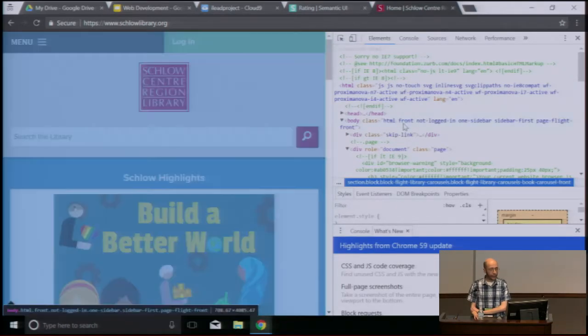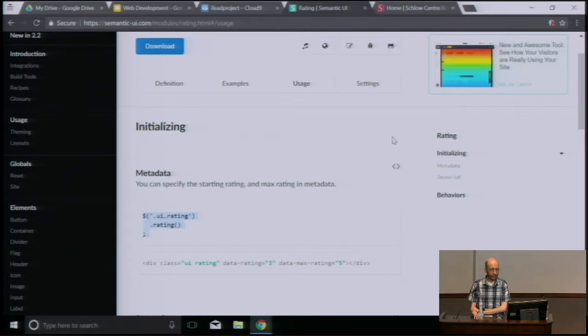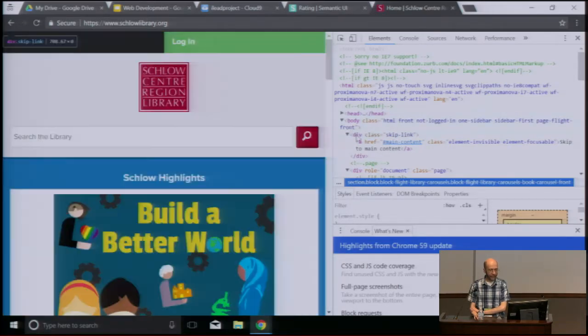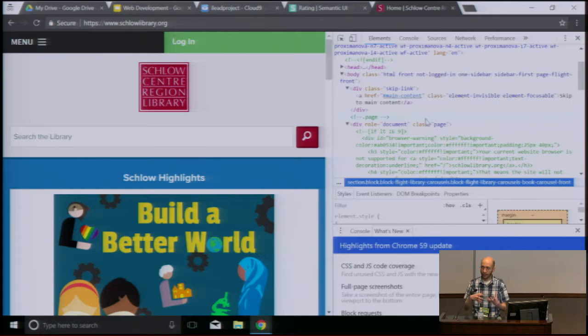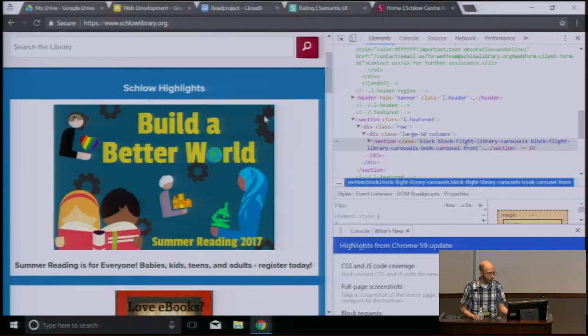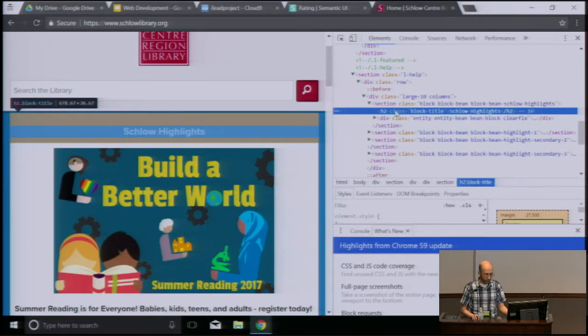And just like before, when we put our cursor inside areas and it highlighted them for us, the Web Inspector does the same thing. So you can highlight certain areas of the Web Inspector and see where that content is. And you can see how that content's formed. And the fun thing about this is you can actually make changes to any website you visit just by using the Web Inspector. So if I wanted to change the text of a button on our website, or change any text, if I wanted to change scroll highlights, I can just right-click on scroll highlights and inspect it. And we can see it's an H2 tag. It has some attributes, a class. But I can actually just click inside of here and type in some